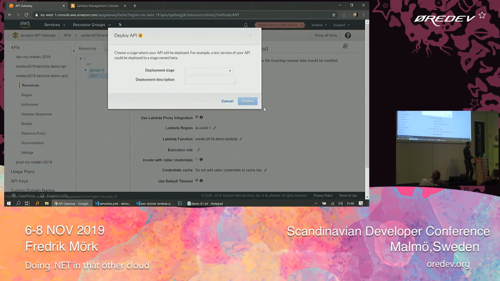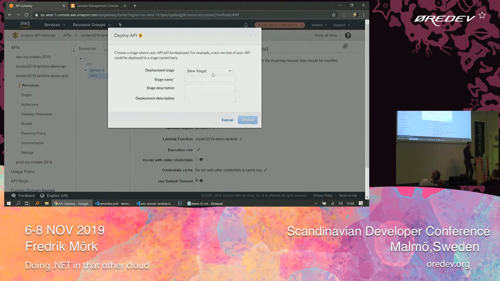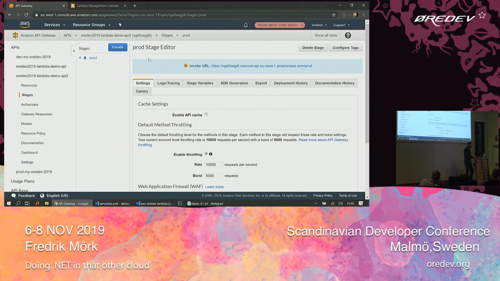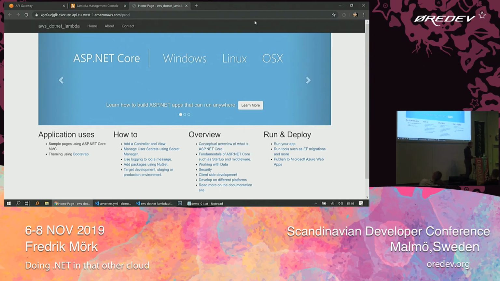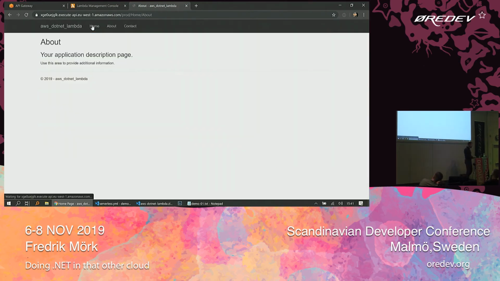So we deploy the API into a stage. You can have like prod and dev stages and whatever you like. I just call this prod now because we deploy always directly into prod, right? And there we are. It's published on the internet. So we can see here, we can just click around to see that it actually works, and it seems to